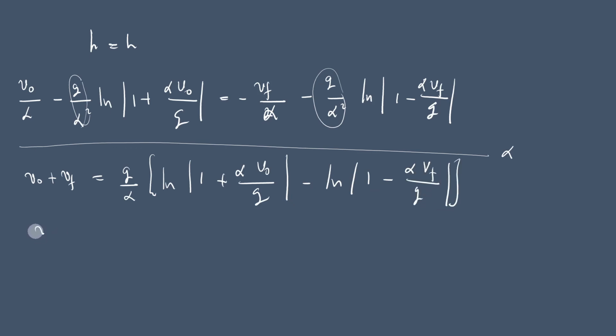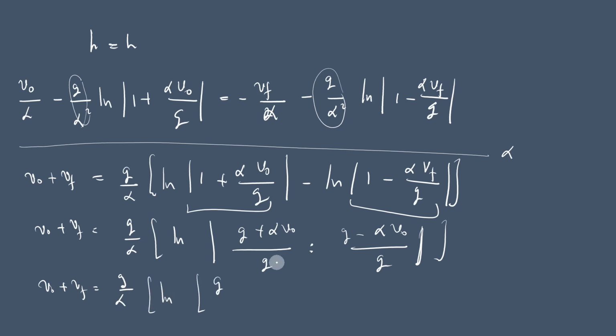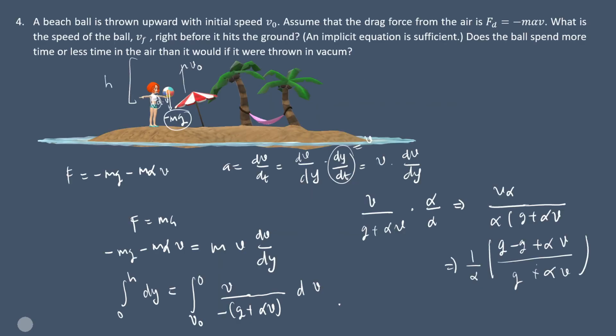And we can simplify this equation by combining the ln terms in the bracket with the same denominator: g plus alpha vo divided by g, divided by g minus alpha vf divided by g. So vo plus vf equals g divided by alpha ln((g plus alpha vo) divided by (g minus alpha vf)). This is the velocity equation in terms of alpha, and we can answer the question: